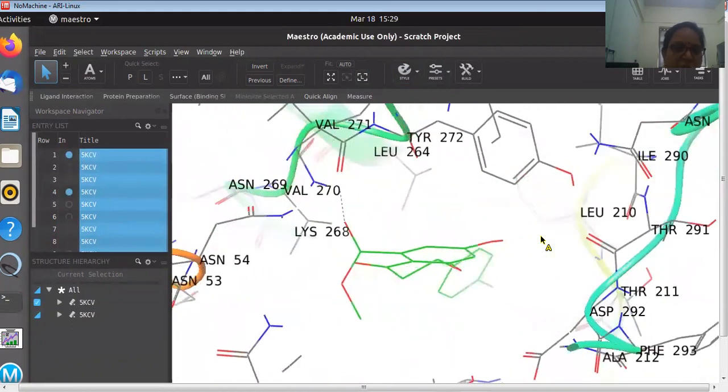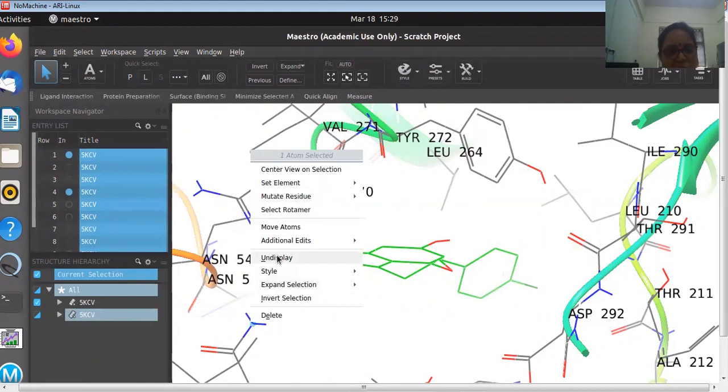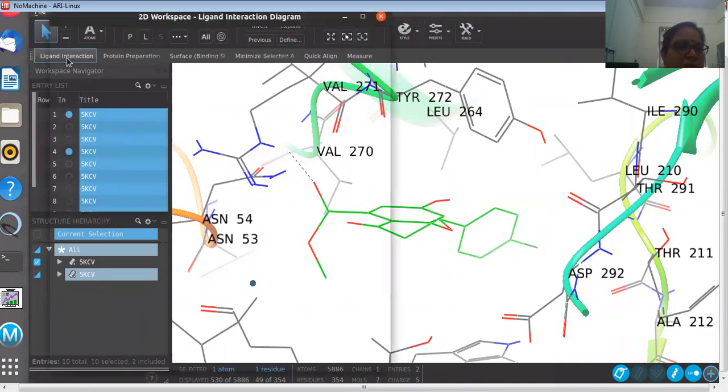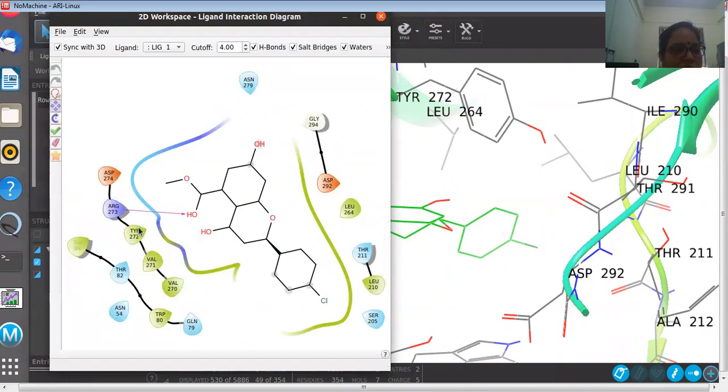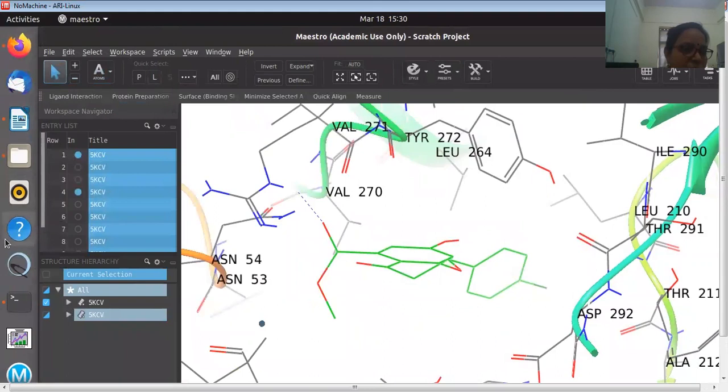Okay, so now how to remove the unwanted one. Select this one, right click. Here is the option undisplay. So the undisplay will remove it from view. It is not deleted, it is only undisplayed. So this is the way you can clean your structure, or here you can see the ligand interaction diagram. Okay, so it is telling you it is making a bond with arginine 273, and the rest of the things you can visualize. Okay? So now I will go back to Chimera